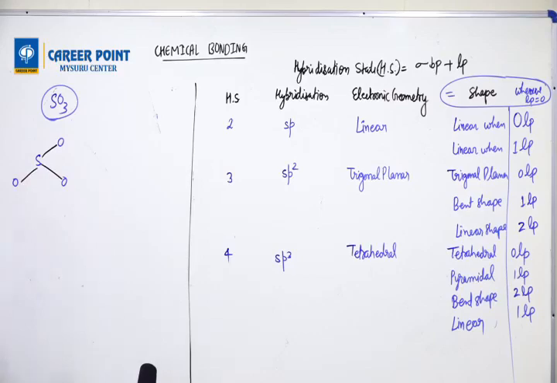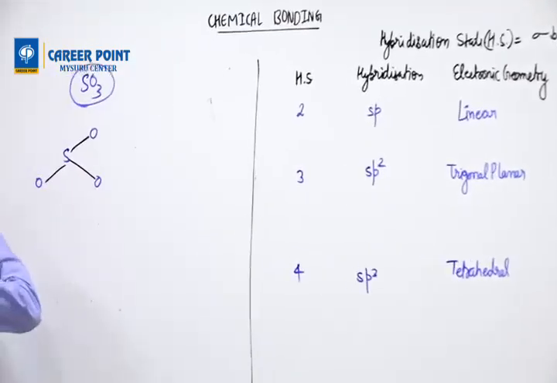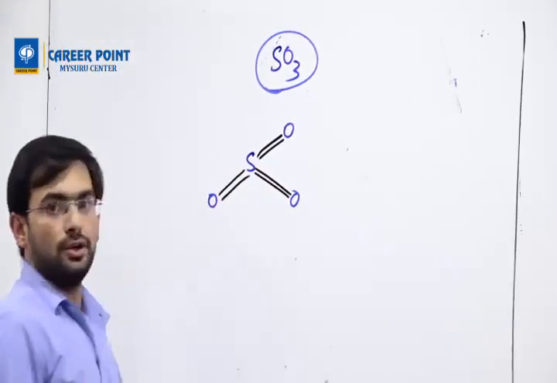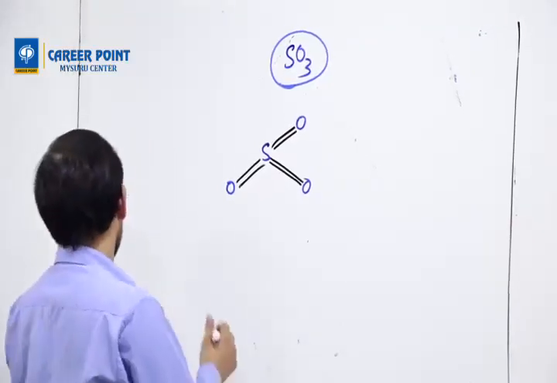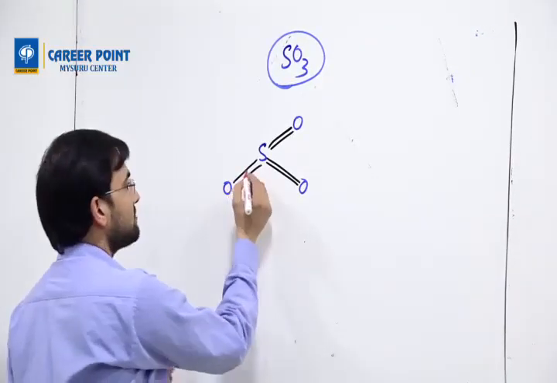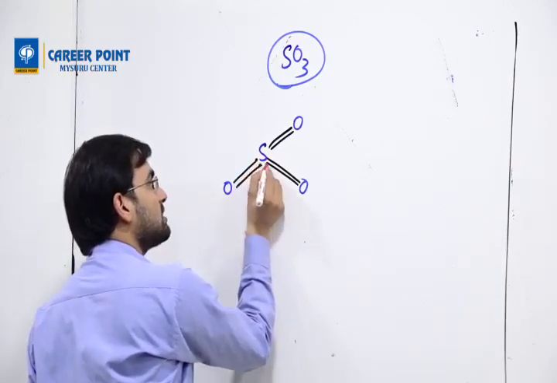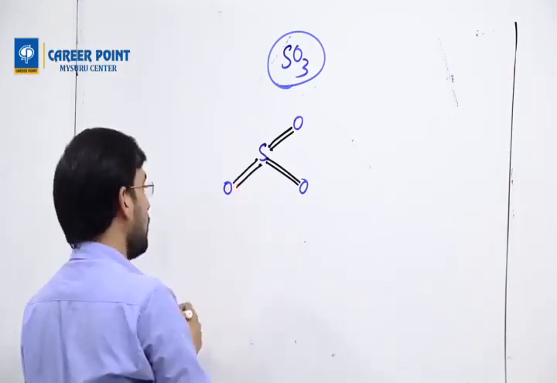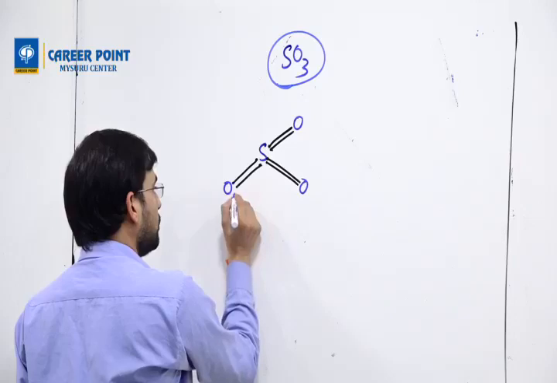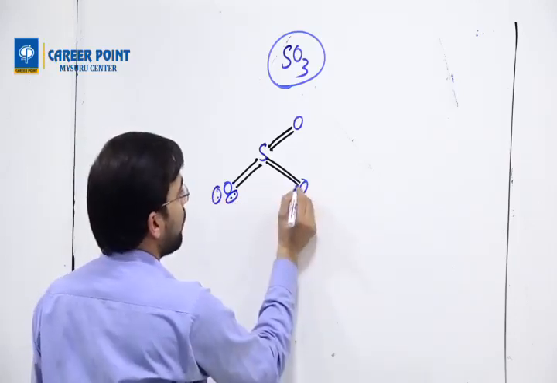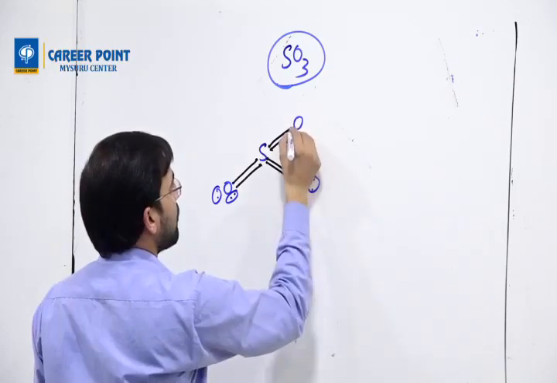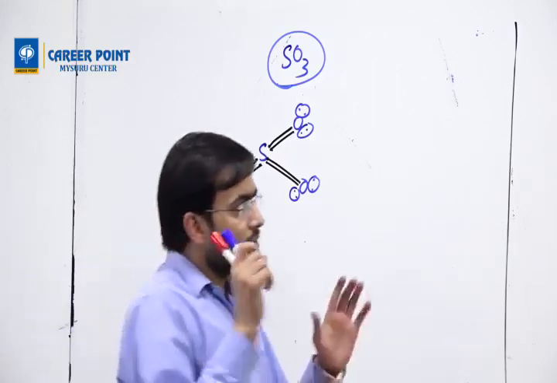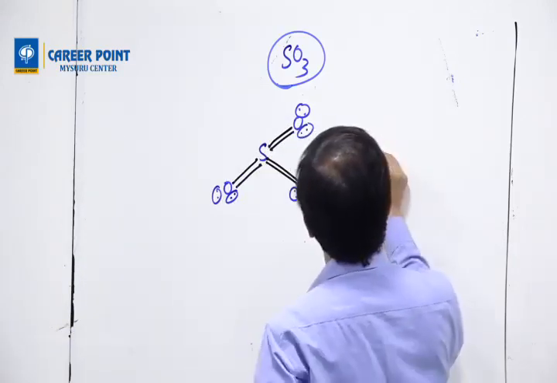Definitely I have to keep them, or it will be part of a molecule. Okay, so now oxygen valency is 2, so I have to join them like this only. Now once I do this, I can have some values such as this: sulfur has 6 electrons, all 6 are there. So there is no lone pair. There are oxygen lone pairs. How many? 1, 2, 3, 4, 5, 6 on each oxygen. But when I want to total, how many sigma bond pairs?